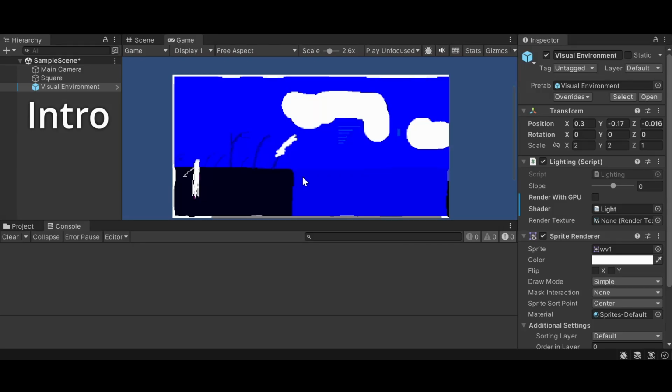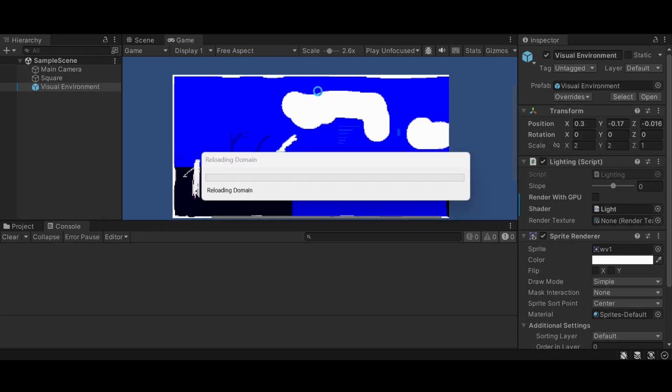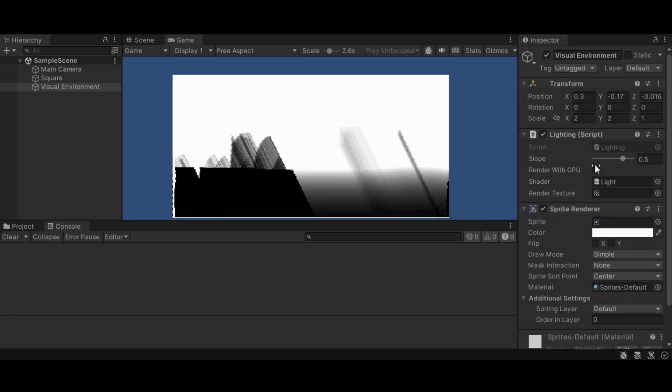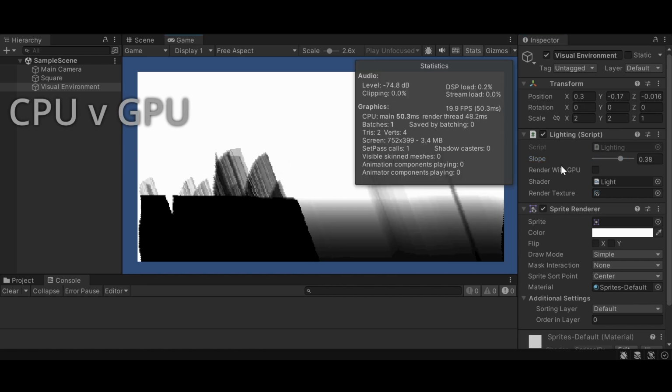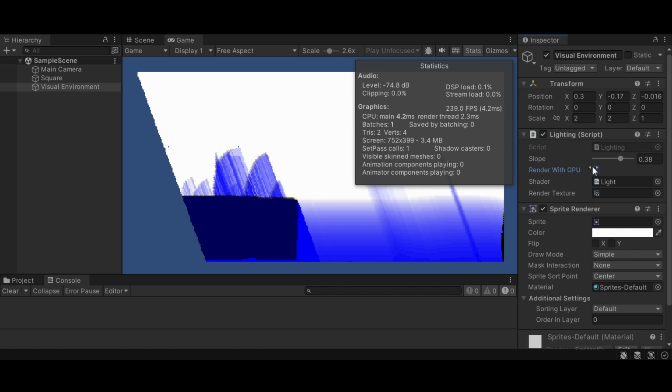Okay, so I wanted to learn about manipulating sprites and using compute shaders in Unity. So I made this little 2D lighting scene, and this video is sort of going to be my notes on how I did it so that I can remember and maybe someone can learn from it. The lighting is calculated either with the CPU at 20 frames per second or with the GPU much faster. The algorithm is not quite complete, but